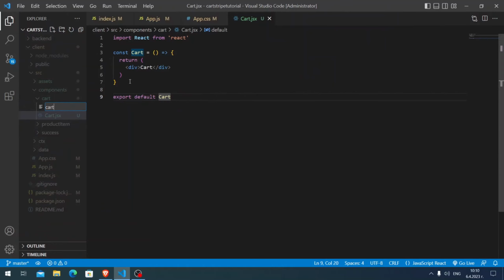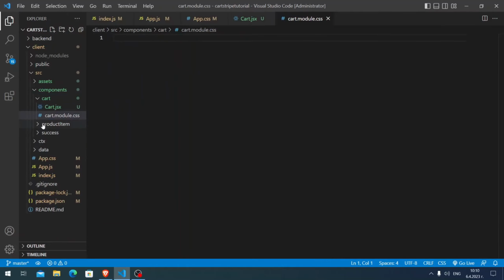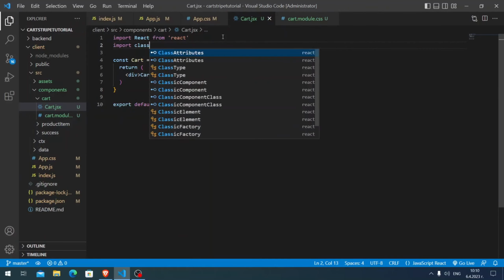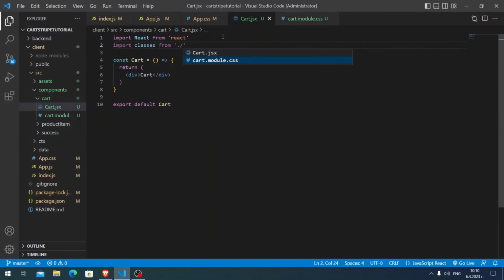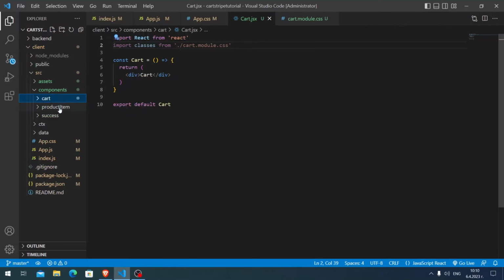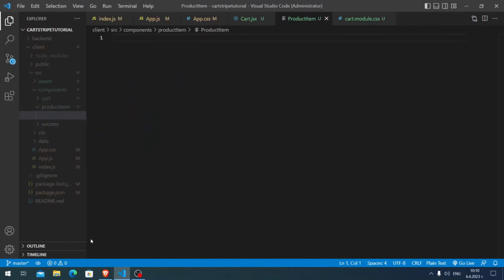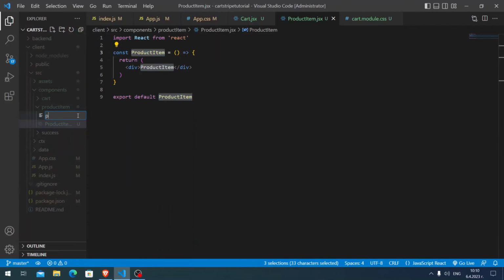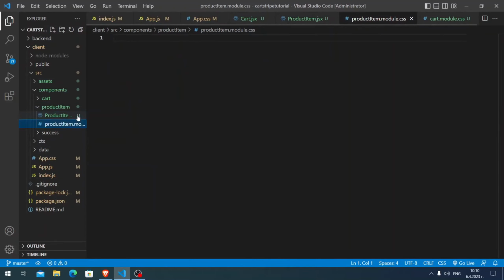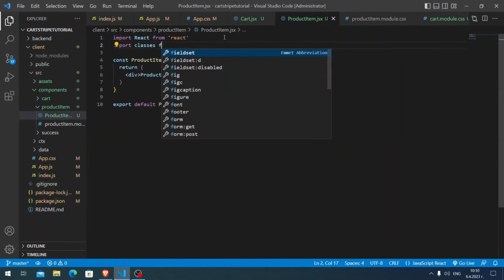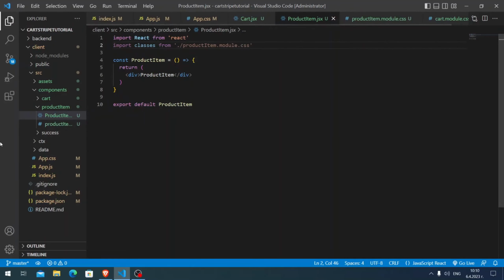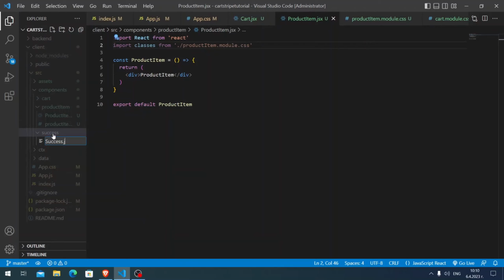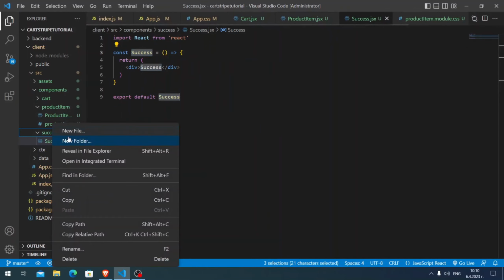Then let me create a css file. We're going to use css modules, and as you may know, they are almost like vanilla css. They are like 95%, if not more, vanilla css in my opinion. Let me create the same for the product item: productitem.jsx, rfce, and then the css file, productitem.module.css, and let me import that stylesheet as well, dot slash. Nice. And lastly the success page, which is going to be very simple, spoiler alert,